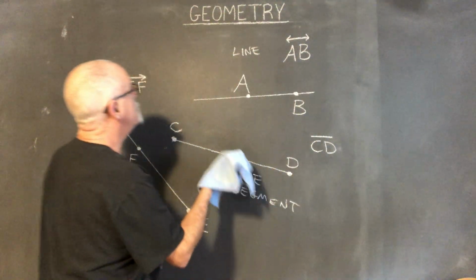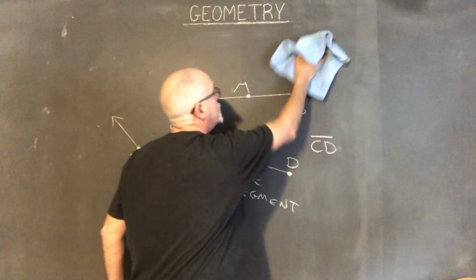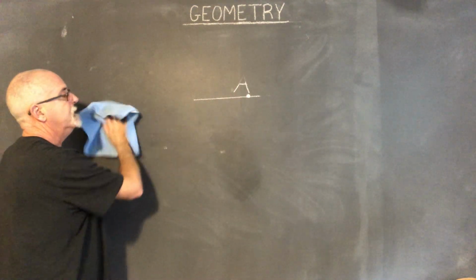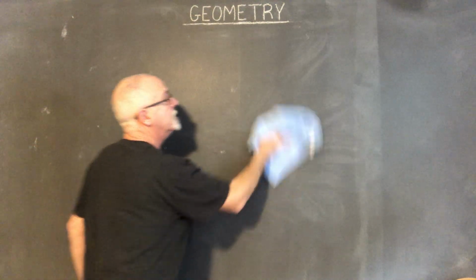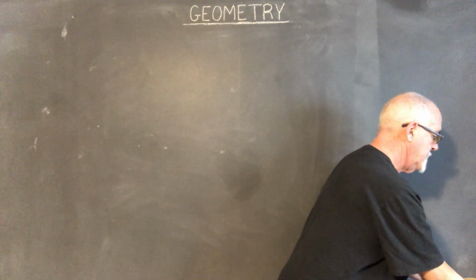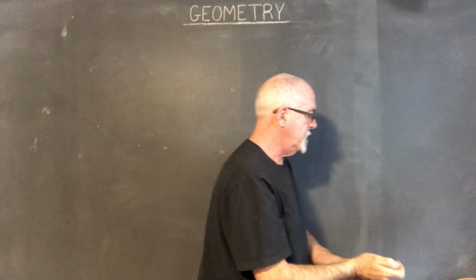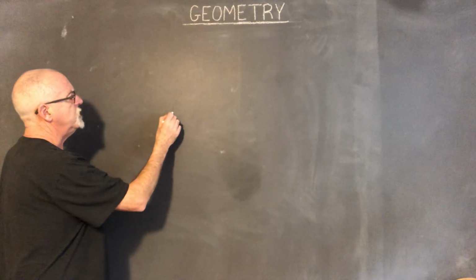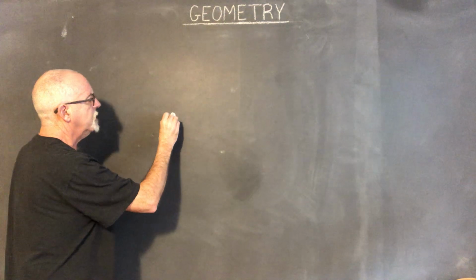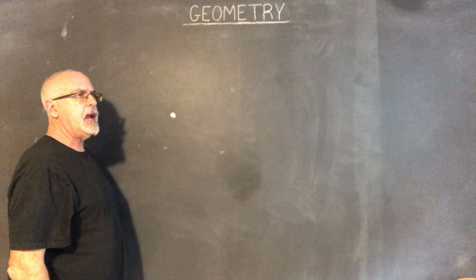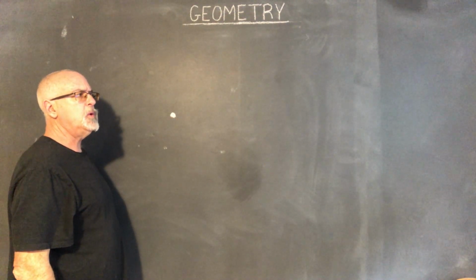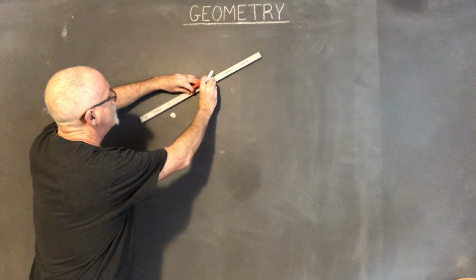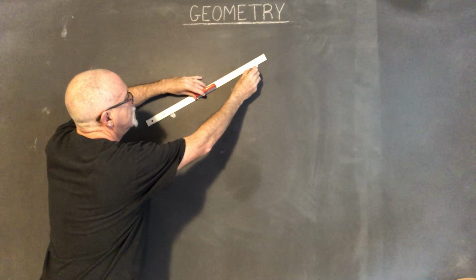So, getting my eraser cloth, get all of this erased, and get my ruler. So I'm going to put a point here, and I'm going to draw a ray going away from that point in this direction,